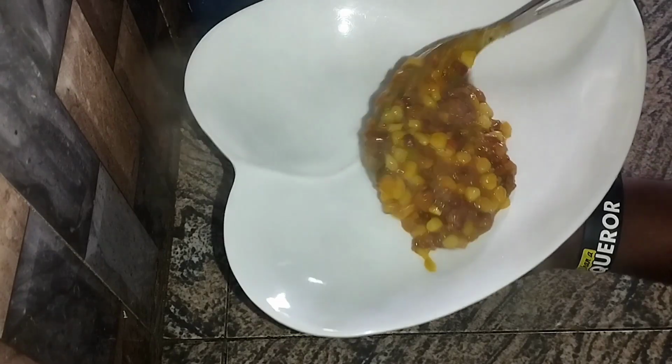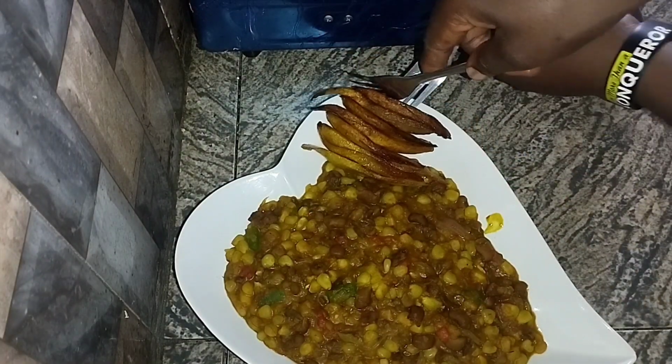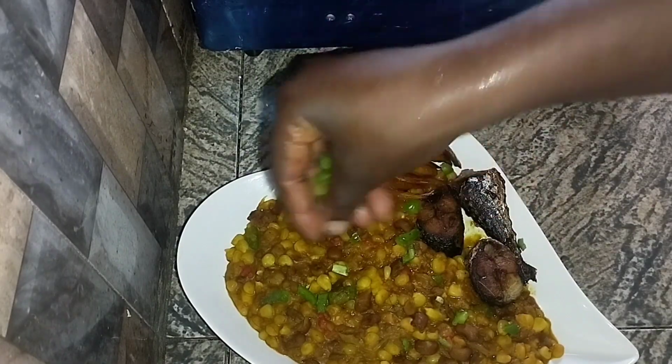So today we'll be making porridge, beans and corn. This recipe brings back so much childhood memories. My mom always made this when we were young, especially this raining season when corn is in season, fresh corn is in season. I hope you try it out, and if you want to know how I make it, keep